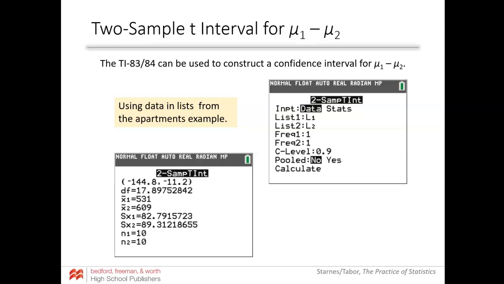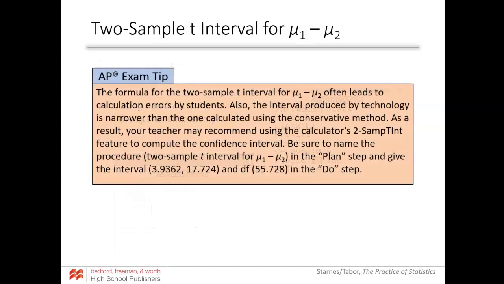And same thing happens. This is a different problem than the previous slide, but you're going to end up with a confidence interval, a degree of freedom, and all the statistics that you're going to want to jot down on your do step. When in doubt, write it out. That's my theory on the calculator. So be very explicit and write everything that you're doing on your calculator,